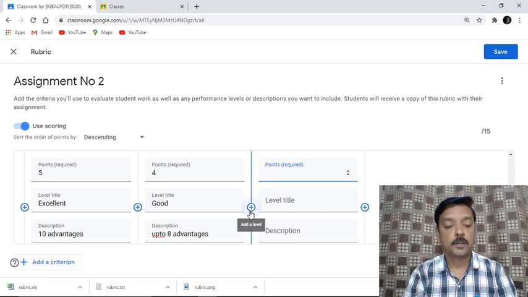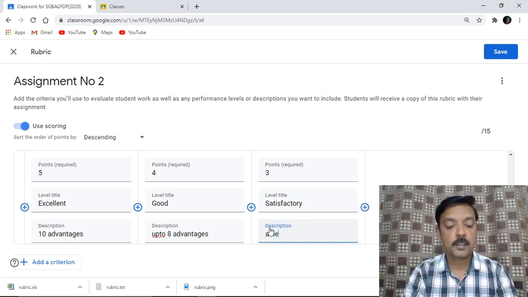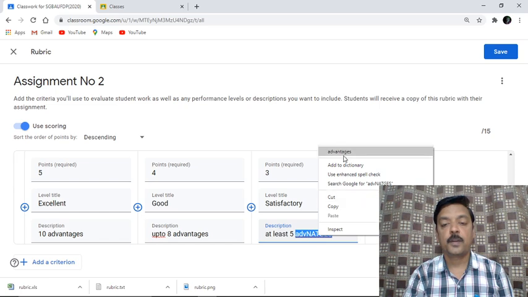Next 3 marks if he is satisfactory. At least 5 advantages.